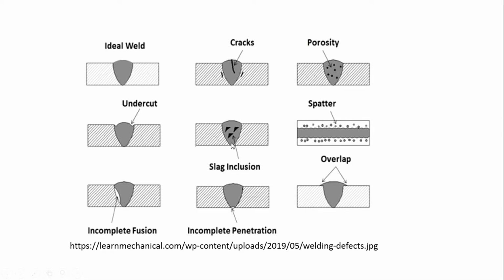Slag inclusion is nothing but the placement of a foreign element. If you are not cleaning the electrode perfectly, or not setting the ampere range perfectly, there is a chance of the electrode melting and mixing with the molten pool. I am talking about the tungsten electrode. And if you are using a consumable electrode such as in manual metal arc welding or MIG welding, and any foreign element is on the electrode because you are not carefully cleaning it, it will melt and deposit over here, so that is also not good.